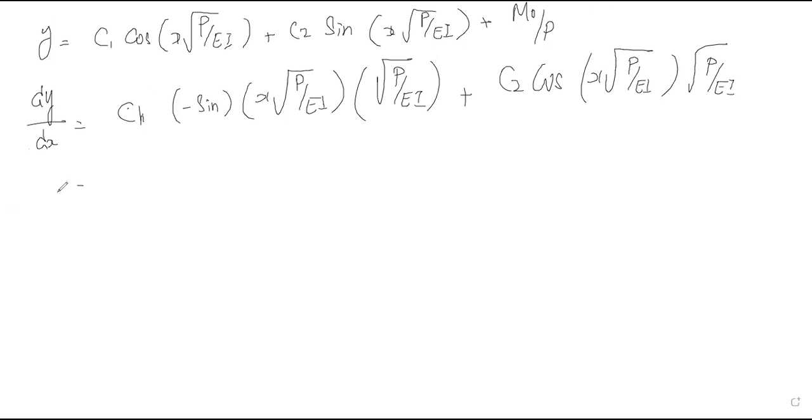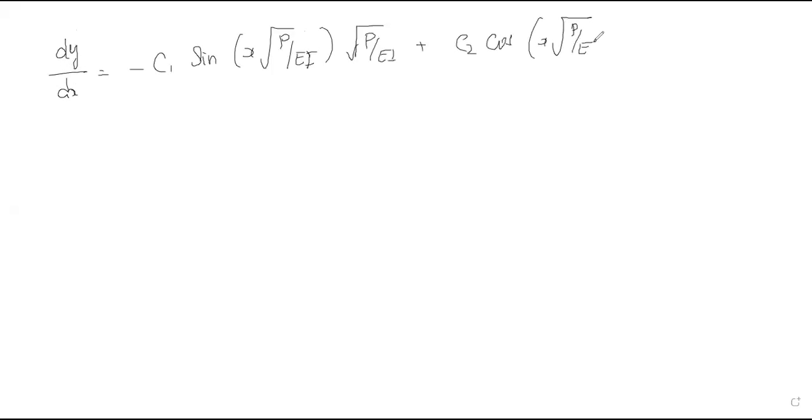So now dy by dx is equal to minus C1 sin x into root under P by EI into root under P by EI plus